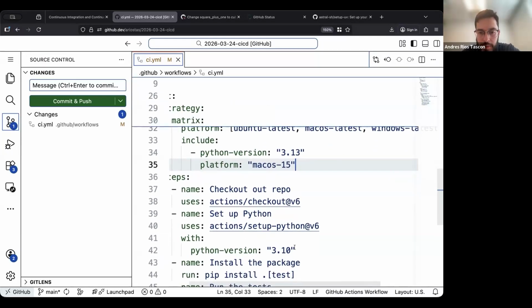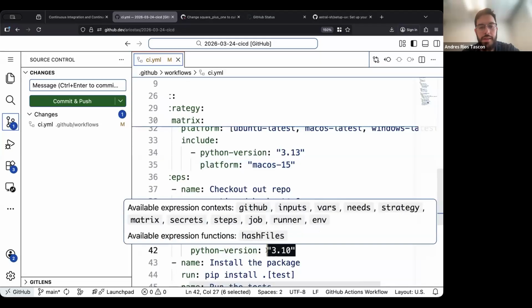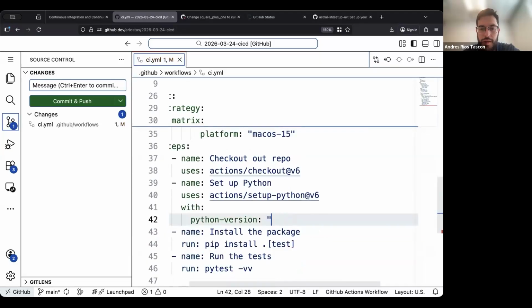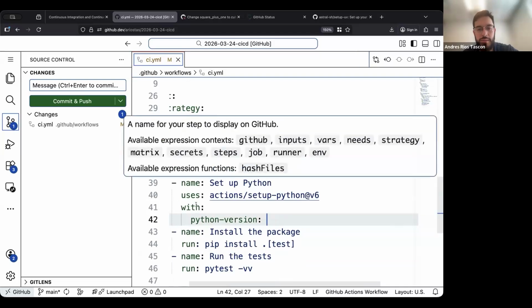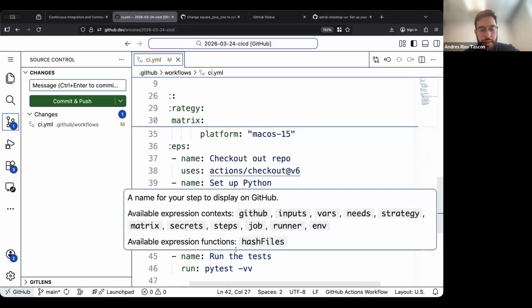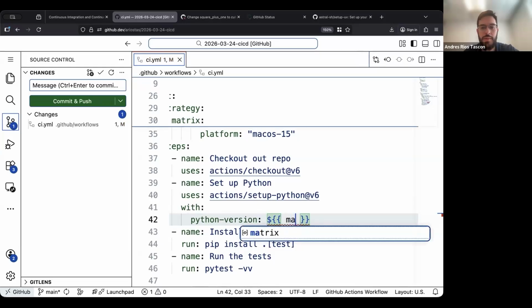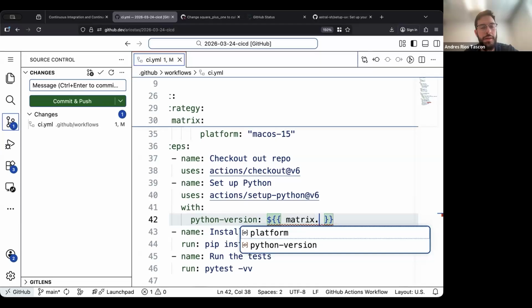So now what we need to do is replace this hard-coded 3.10 in the Python version that we have down here with the one that is being set up from the matrix. And we do this with a special syntax that's used for GitHub variables. So it's $ and then 2 curly braces. And then in here we can do matrix, then dot, and the variable that we want,